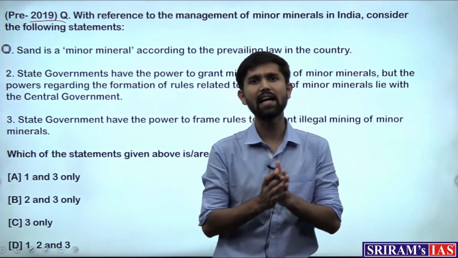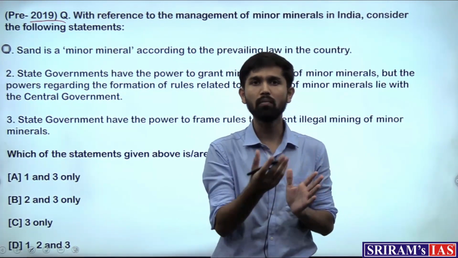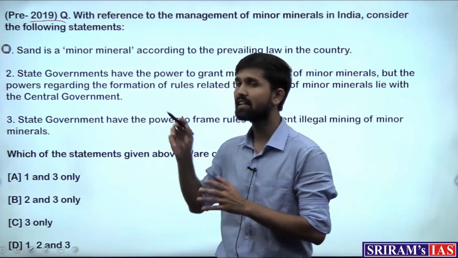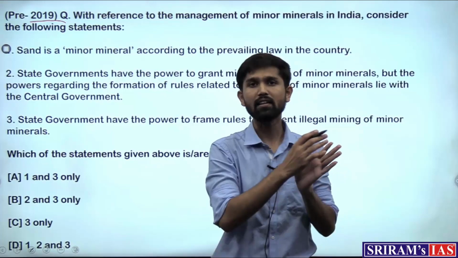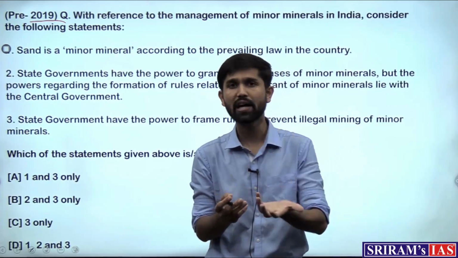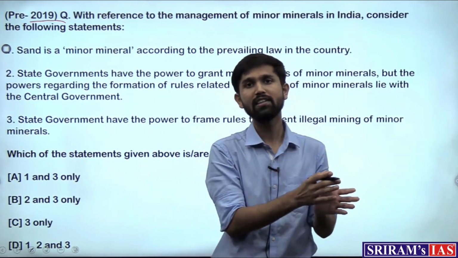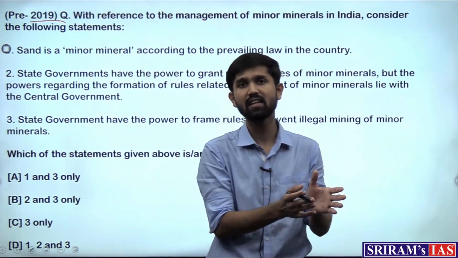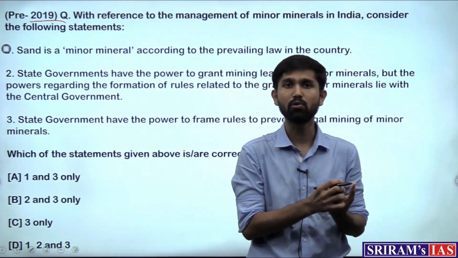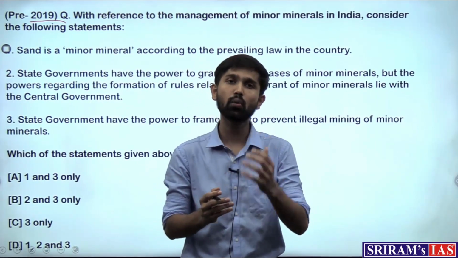So how does illegal sand mining take place then? Now it's not that all of these illegal sand miners do it completely illegally. After taking the license from the state government, they receive the license for extracting a certain limited amount of sand. But who's to check once they go into the site of mining? When these miners get the license and start mining the sand, they start to extract an unsustainable amount of sand. Let's say if they were allowed 5 trucks in a night, they extract 20 to 30